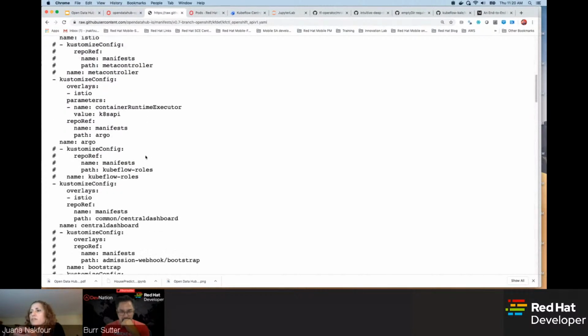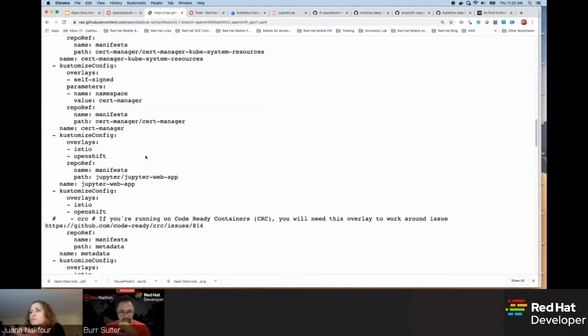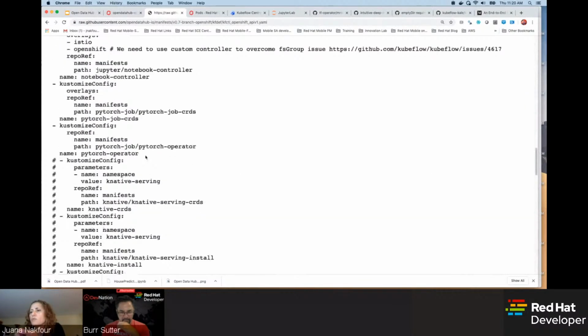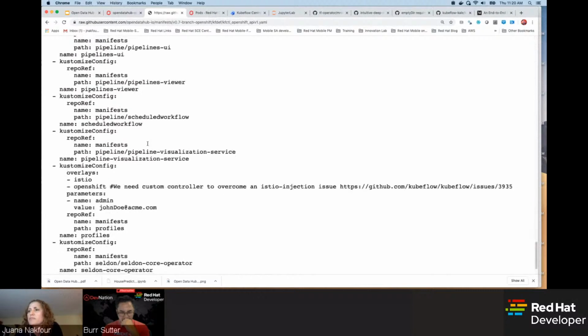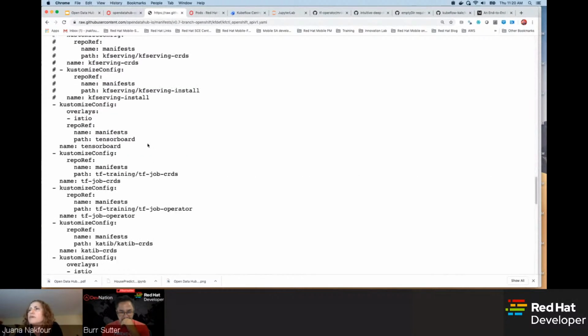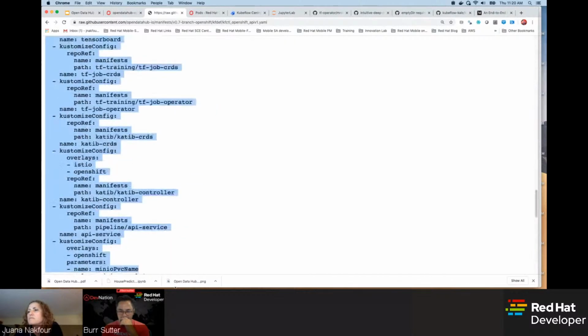And then all the other little components, the dashboard, the Jupyter Hub, and all the different components that you want, you can mix and match. And you'll see that some of them are actually commented out. For example, this KFServing is because we have not had time yet to adapt this to OpenShift. If you do uncomment it and try to install, most likely it will fail. But we keep it there commented, basically, to remind everybody that we're working on it. So I'm going to copy all this,